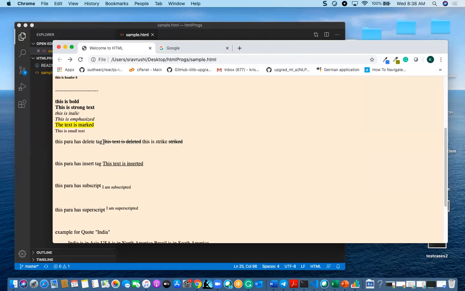Suppose, forget about this text. Let us think you have some variable, and that variable should be available in your HTML. Though it is deleted, it should be available in the HTML. So you just want to tell the user the person is not available, or this account number is not available. At that point of time you can go for delete.